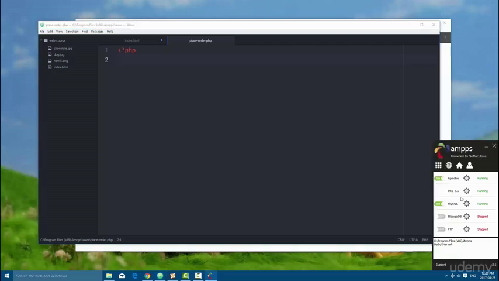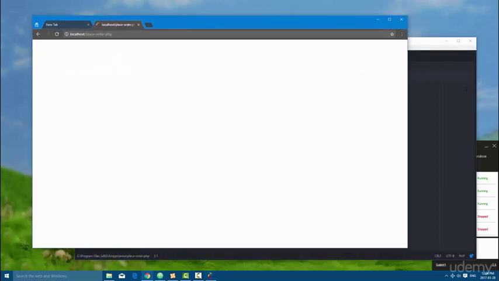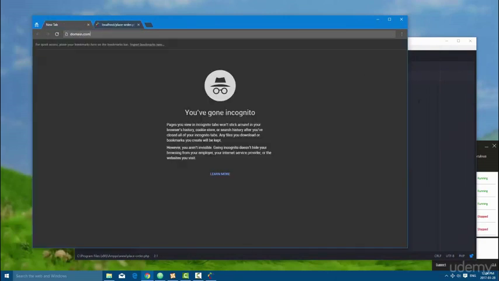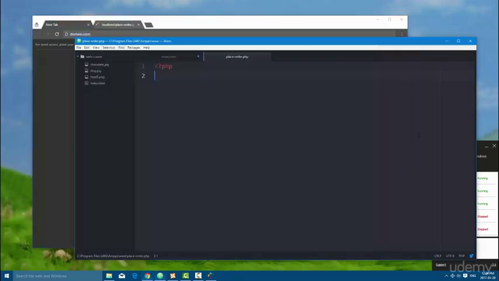What I have running here is a server, which means I can access PHP. It's an Apache web server powered by AMPS, and it has PHP 5.5 and MySQL 5 as well. If we need any of those, which we're just going to need PHP for this because we want to be able to see our form submitting. So this is the script I'm going to be building that out in, and don't worry about that right now. For right now, we're worrying about the front end, the HTML only. And so that is going to be